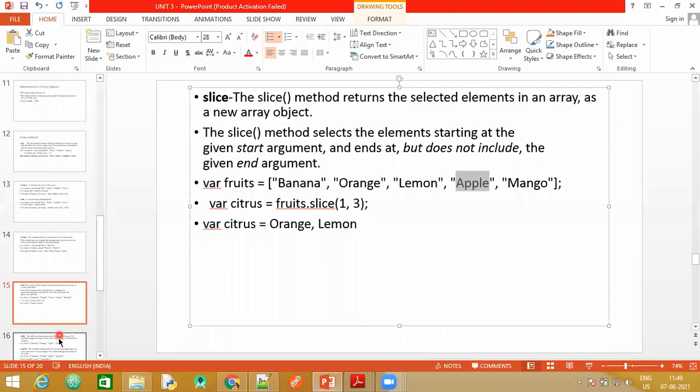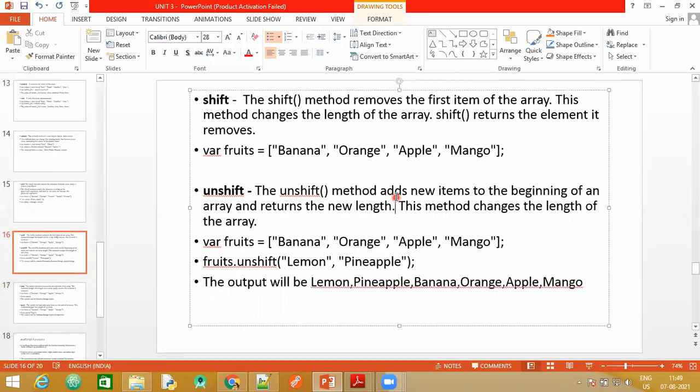Now after this we have two very different methods, that is shift and unshift. What is the shift method responsible for? It removes the first item of the array, the item at the starting index 0, and that element is going to be removed.